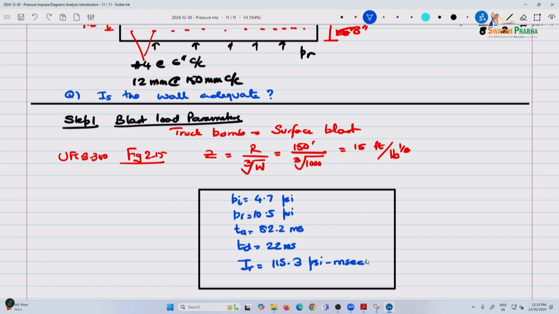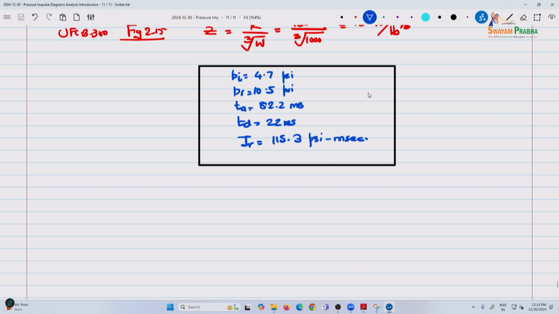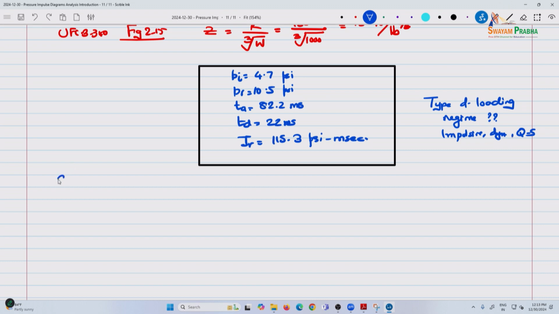You'll see we do not know the type of loading at this point. Loading regime at this point we do not know. What I mean here is we do not know if it is impulsive, quasi-static or dynamic. We'll check that later. Sometimes we have to assume and then proceed with it in certain analytical situations. So that's our first step. Second step